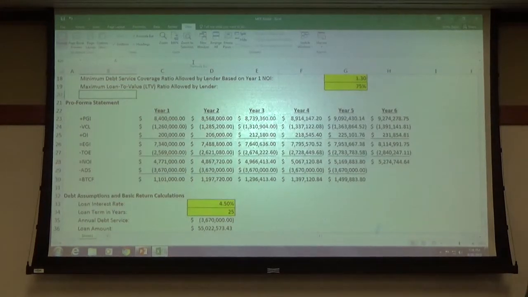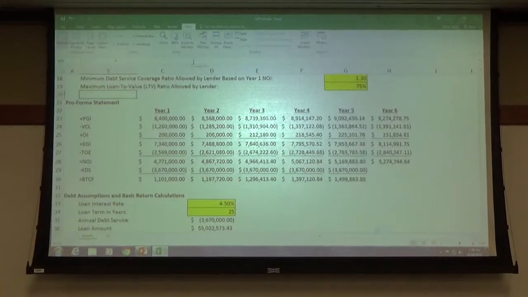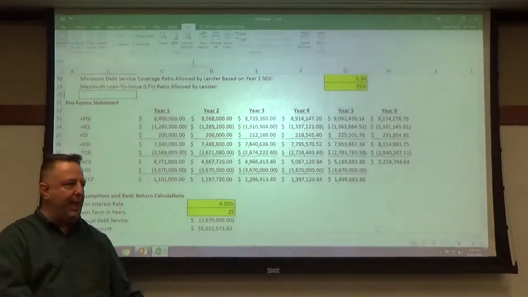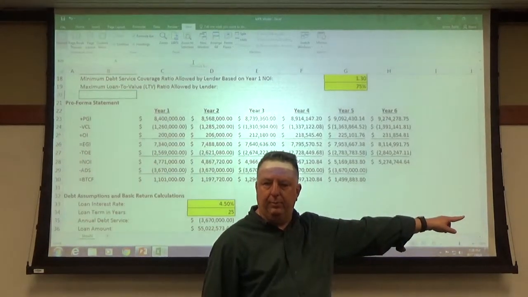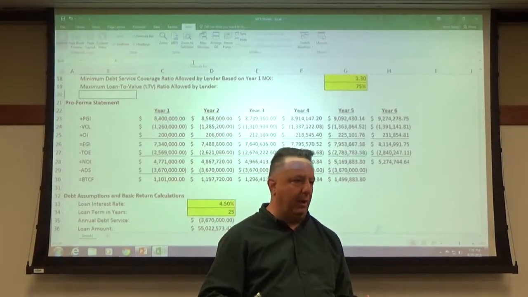Okay, but if you remember back what I also said at the very beginning of tonight, every lender is a fill in the blank, starts with an R. Every lender is different because they are, I can't remember how many letters it is. They're a retailer, okay? Every lender is a retailer, all right? And so therefore, you can probably shop around from one lender to the next and potentially find a different debt service coverage ratio. Does that make sense? Which would impact the total amount that you would be able to borrow, okay? Are we good?